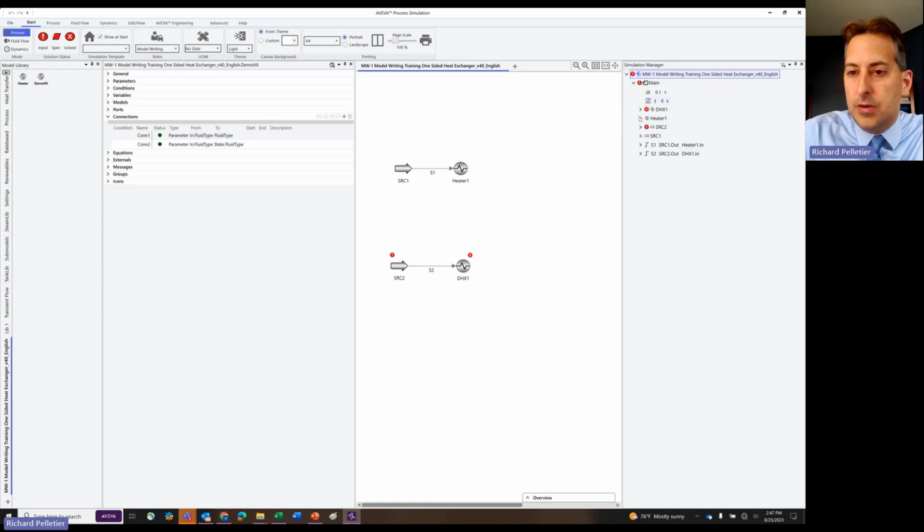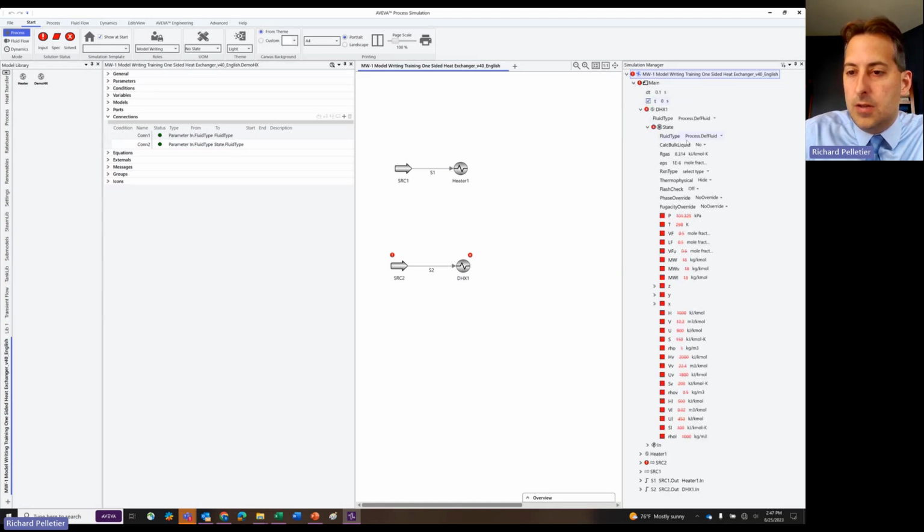And when we look over here at our heat exchanger and expand the state submodel, we can see, oh, there's a lot of red. What's going on here? Why is it all this red? Okay, so